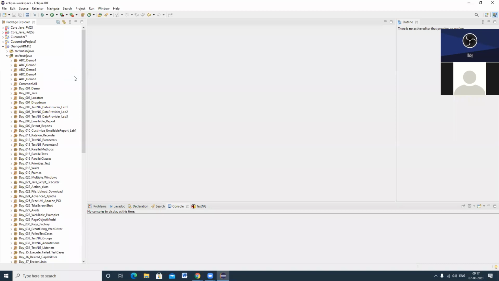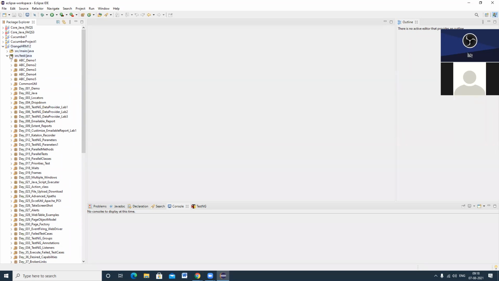So in last class, we discussed how to write a set of driver instructions. We understood how to create a TestNG class. We understood how to create a package. All these things we understood. So today we will do some more exercises. After that, we will continue the next session.